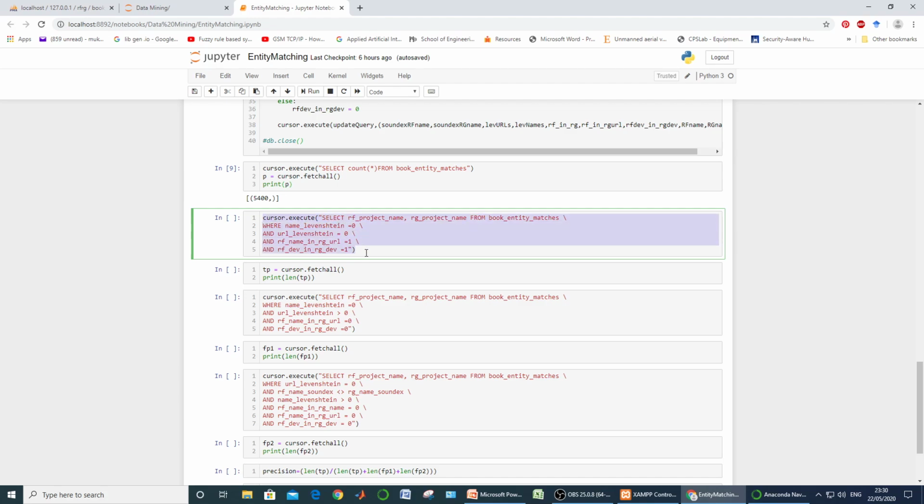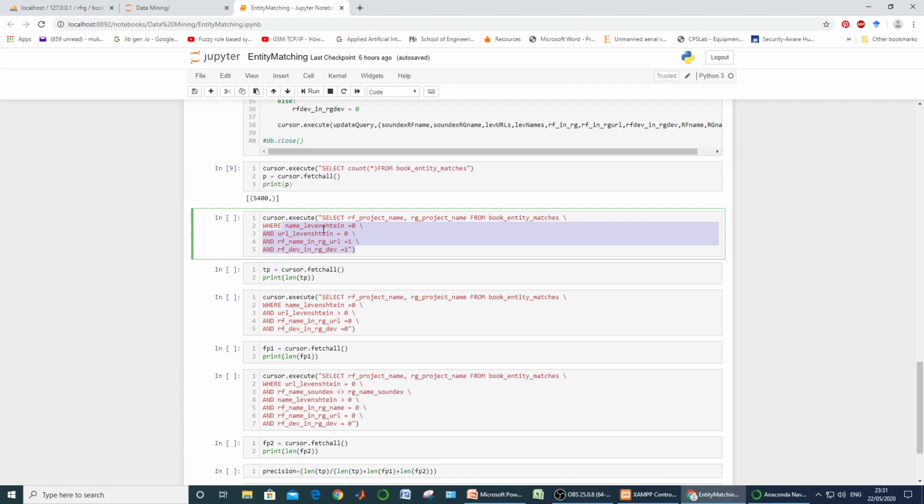True positives are those rows where there is a match between the name, their URL, and further the RF name acts as a substring of the RG URL, and there were some developers which are common in both. So all these four things are given by this.